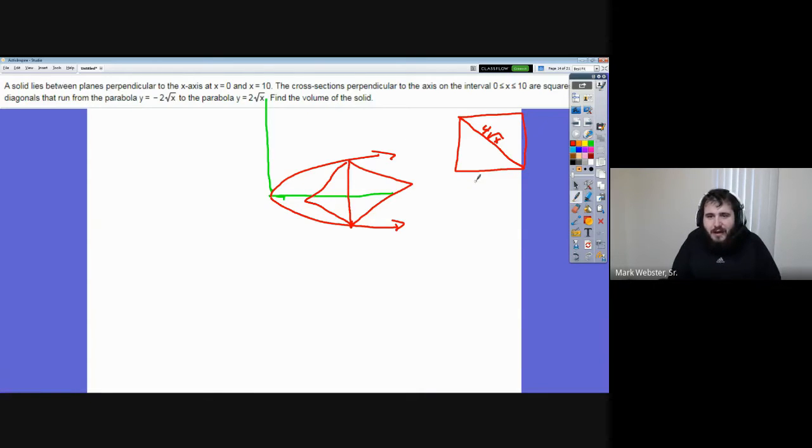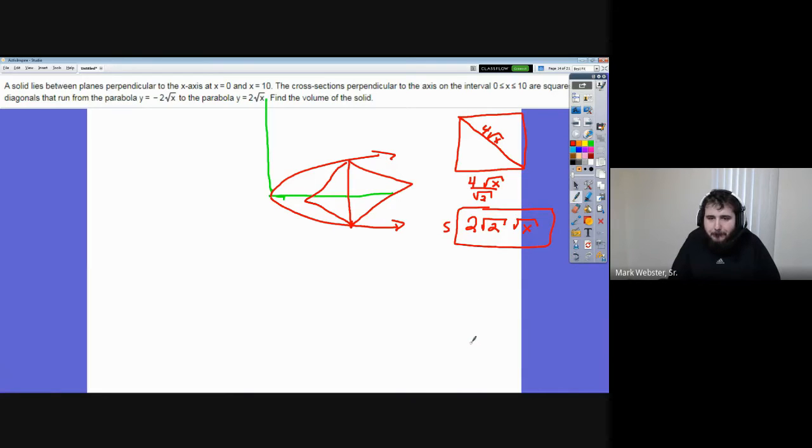So divide by radical 2. And we can simplify this by turning 4 over radical 2 into 2 radical 2 here. So this right here is our side,